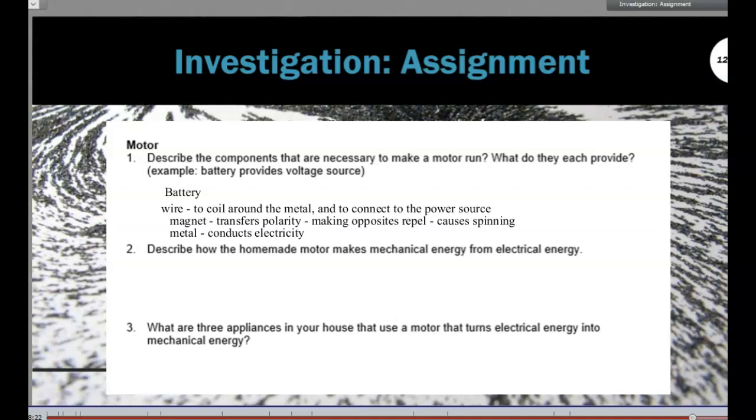You have maybe an electric mixer that has a motor. All right. So if you have questions, oh, no worries. So that one is explaining the process of electrical energy going to mechanical energy. So you're going to have to write out